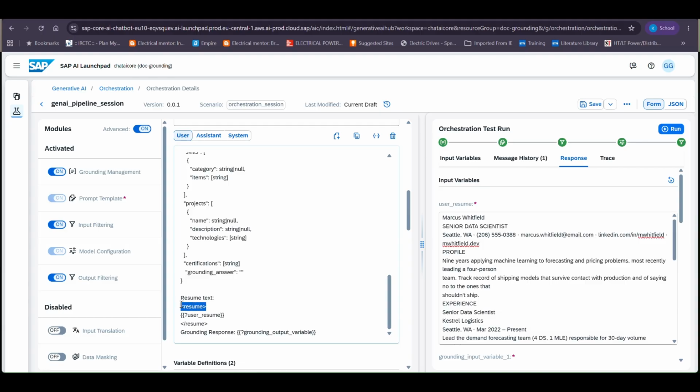One more thing, if you have noticed, is this resume coming in HTML tags or XML tags, right? This is a very standard way in which prompts are written because it is understood from a lot of research and experimentation that for some reason LLMs understand boundaries when they are defined using HTML or XML tags. So we could actually do the same for this also, where I add this as a